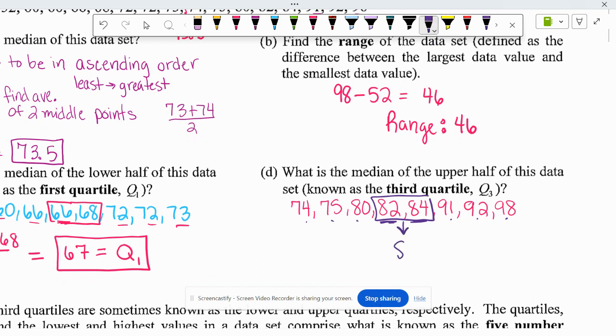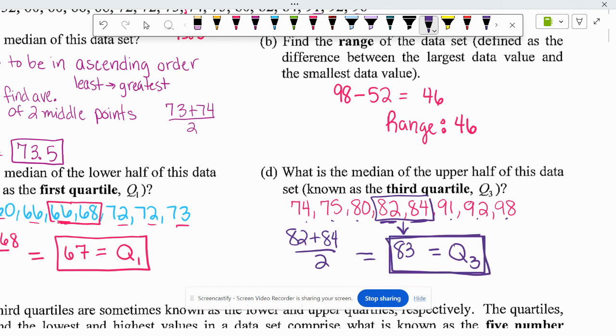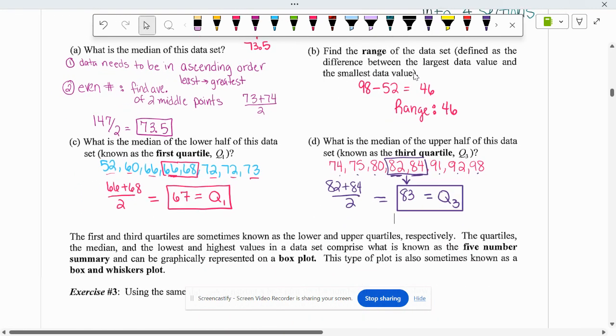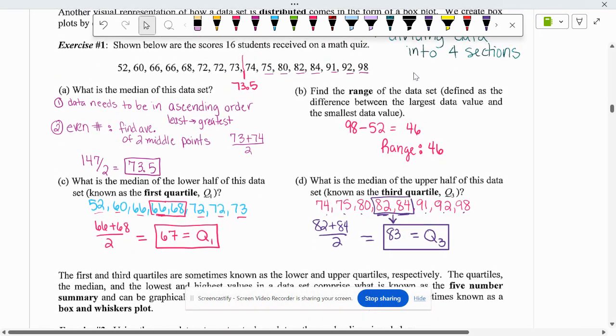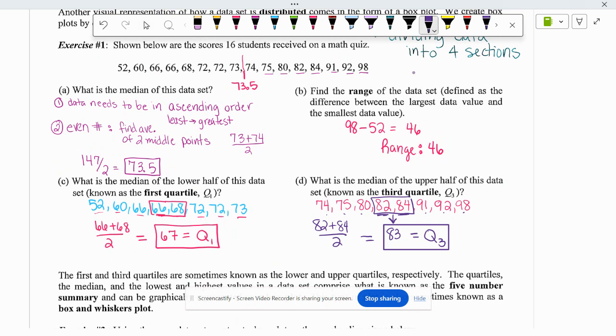Yeah, I bet you this is 83. But let's check. 82 plus 84 divided by 2 is... is it 83? It is. That is my Q3 number. That is my Q3. So I honestly could go up here to my data set and say, okay, well, 67